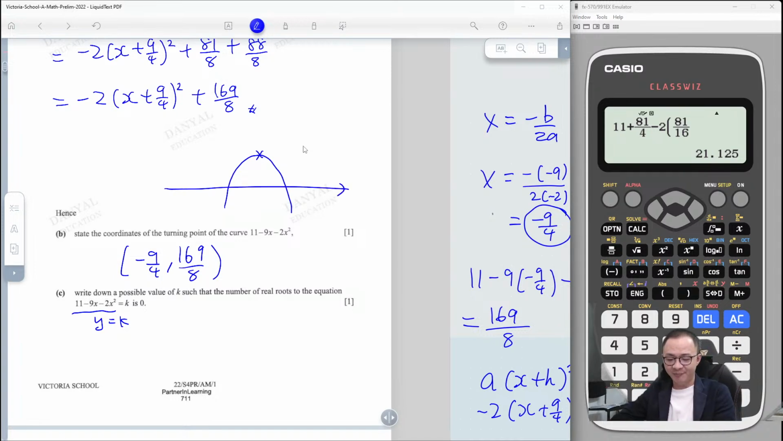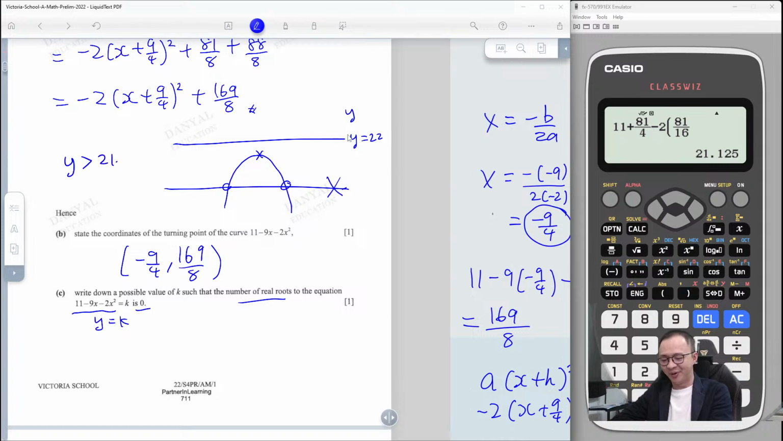If this line intersects at 2 points, then it has 2 real roots, isn't it? We don't want real roots. We want the number of real roots to be 0. That means the line cannot intersect this curve at all, so you cannot choose here. You need to choose higher than the maximum. Since this is 21.125, any value higher than it should be good, like y equals 22 or any value